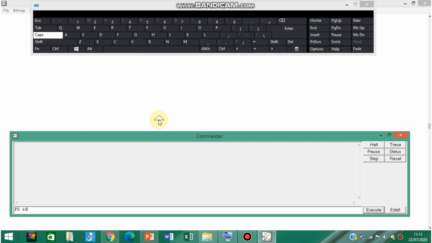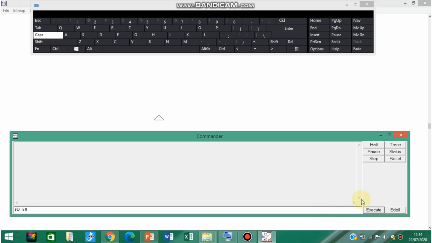This triangle shape is the head of the turtle. By default, your turtle's head is pointed upwards in the north direction. So when you execute this forward command by writing FD space 60, for example I want my turtle to move forward by 60 steps.